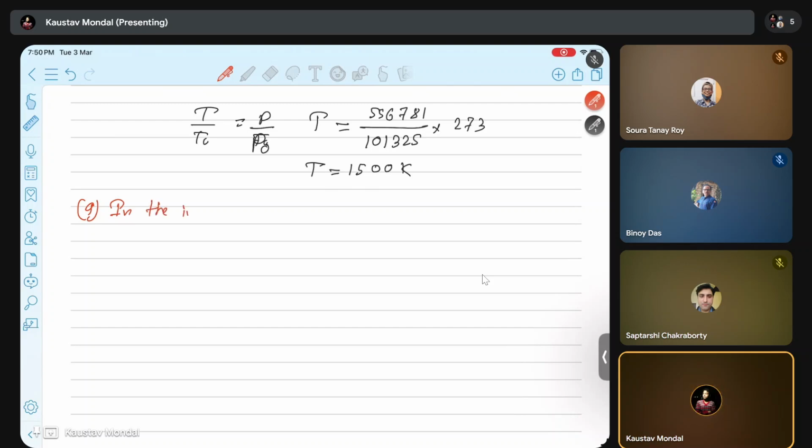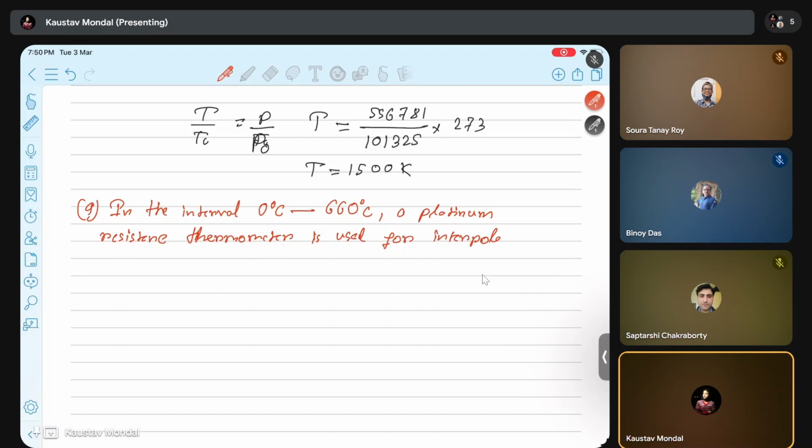In the interval 0 degree centigrade to 100 degree centigrade, sorry, 660 degree centigrade, the platinum resistance thermometer is used for interpolating temperatures on the international scale. Okay,